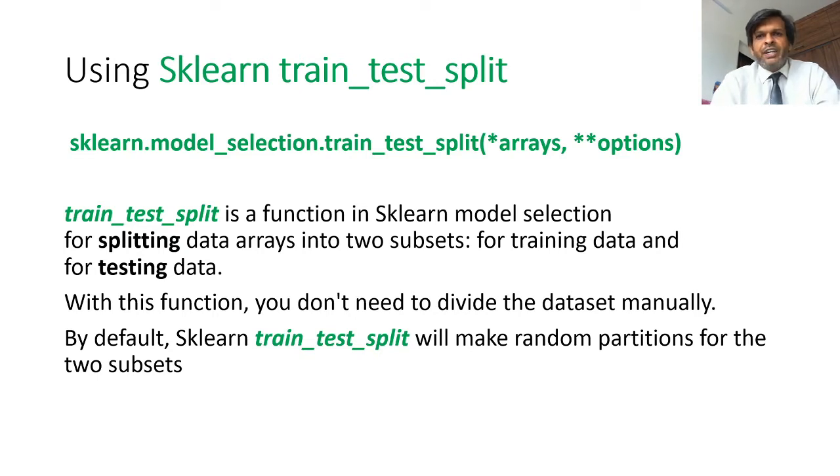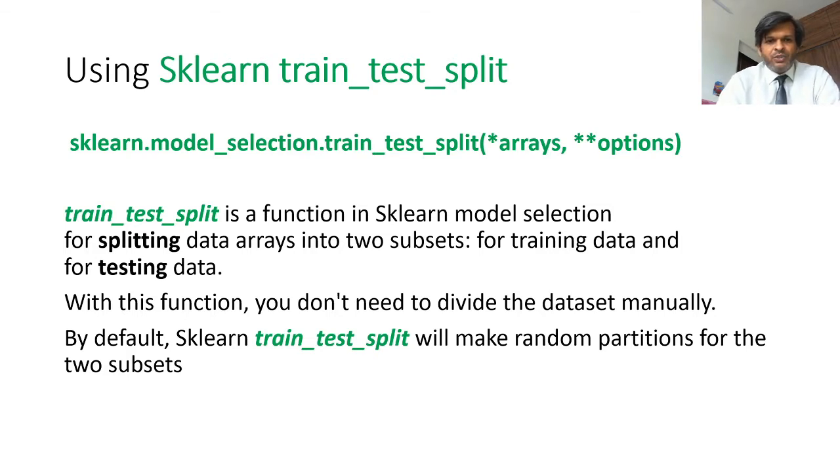So how do we do a train and test split? sklearn has a function within its library which will help us do that. This is sklearn.model_selection, that is what we import, and within that we have a method called train_test_split. It has a set of parameters which we need to pass to do various kinds of functions. Like we mentioned earlier, we need to ensure the distribution of data, and we need to decide what proportion we'll consider for training and what proportion of the data we'll consider for the test set. Those are the various parameters provided in this function which will help us do that.